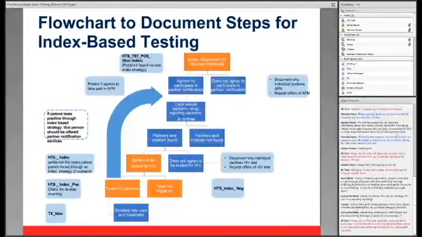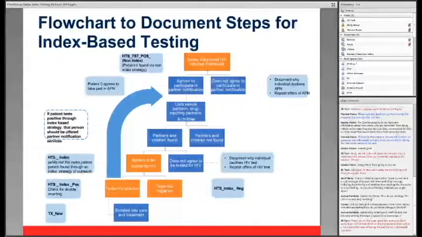Moving on, the next resource I would like to talk about is the index testing flowchart. This was developed by AIDS-Free and the Advancing Partners and Communities project, and is based on our experience working to roll out and document index testing. Our original goal as we were working on developing this flowchart was to help our country programs to collect correct information, and especially for those of us working on PEPFAR-funded programs, to make sure that the data collected is aligned with MERs for data